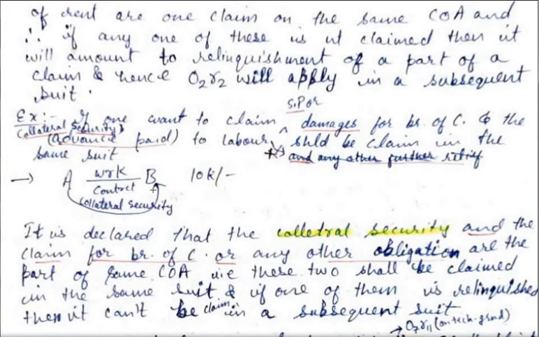सो देयर इज अ काइंड ऑफ कोलैटरल सिक्योरिटी। कोलैटरल मीन्स व्हाट, पैरेलल। तो देयर इज कोलैटरल सिक्योरिटी विच ए गिव्स टू बी। तो बी को ए का कुछ मकान बनाना था, तो वो उसका कॉन्ट्रैक्ट का पार्ट है और उसके लिए ए ने उसको 10,000 रुपये का कोलैटरल सिक्योरिटी दिया। ए ने कहा 10,000 रुपये रखो और काम शुरू करो। अब बी को गारंटी हो गई, काम उसी से करवाएंगे।